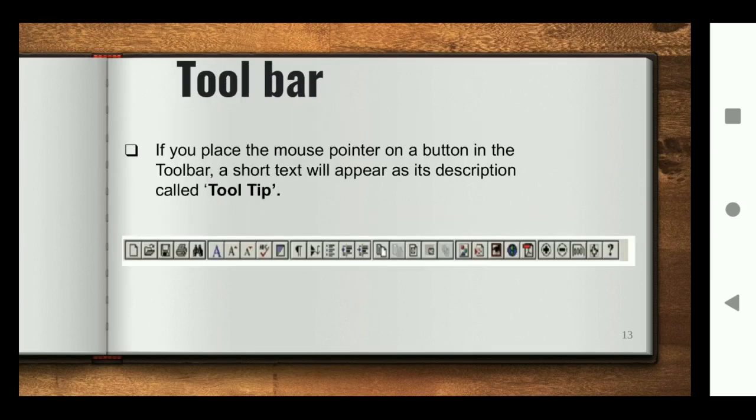Next, the toolbar. The toolbar contains quick access tools like opening a file, creating a new page, saving a file, and also increasing and decreasing the size of the text. You can also have alignment access directly. So these are the options available in the toolbar section, which can be directly accessed. If you don't know what a particular icon does, you can move the mouse pointer over the icon. It will show a tooltip, which has a short description.